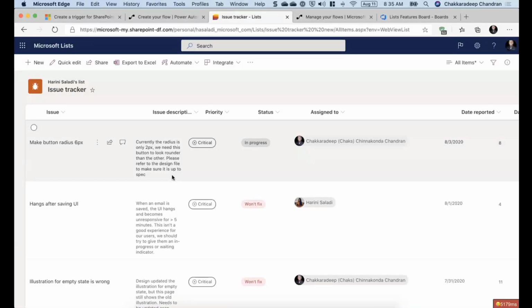Now, at some point, let's say we do want to promote some of the items to, in this case, Azure DevOps, and create a feature card for my engineers to now consider it as a very major item, because PMs have discussed all the issues and we have promoted an issue to Azure DevOps. Very common scenario, I think, across the board, and we see customers doing that. Now, with Power Automate, this makes it really simple, right? You could also go manually, select an item, and then go to the Automate menu and have a flow that can actually say create workflow item. But that's like